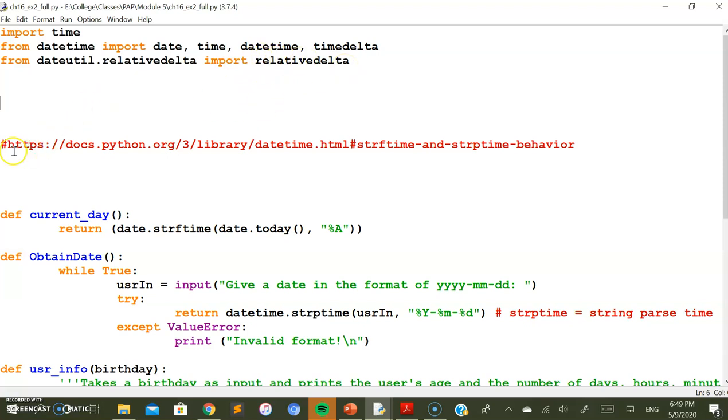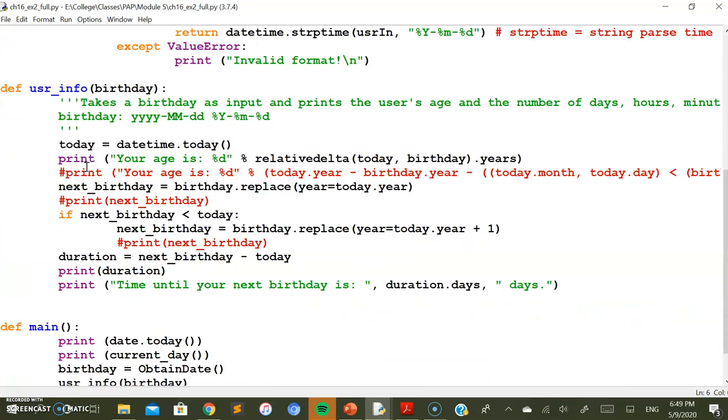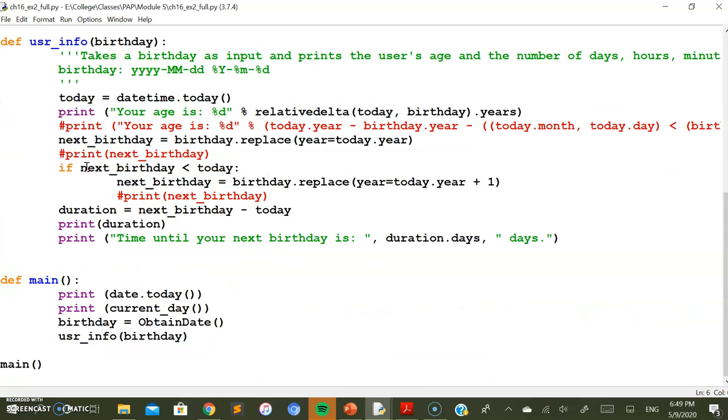I sincerely suggest all of you go through the URL that I have given in this comment, in order to understand a few of the methods that have been used in this exercise. Even though I am going to explain what purpose they are used for, if you require a more detailed explanation of how these methods work and what other methods are available with these libraries, you can always get the information from this URL. So please make a note of this URL. Let's proceed and see what has been done here.